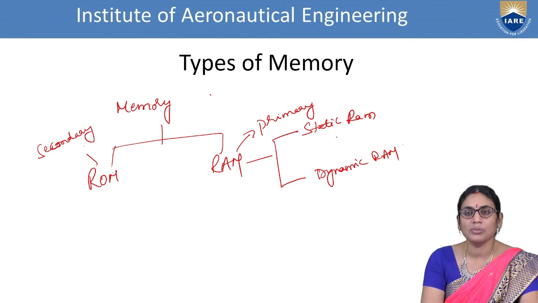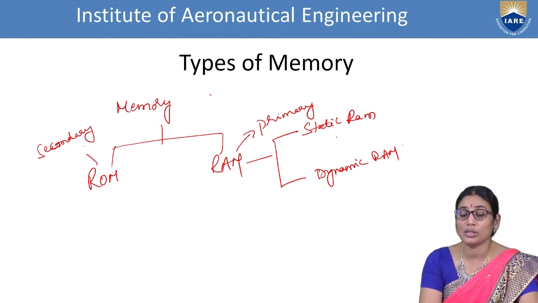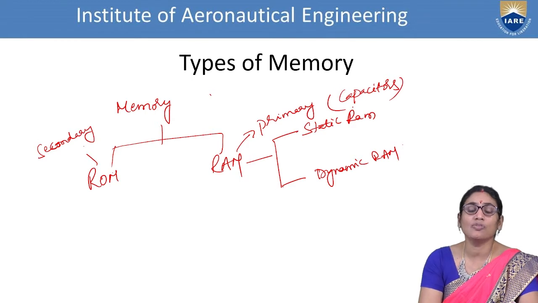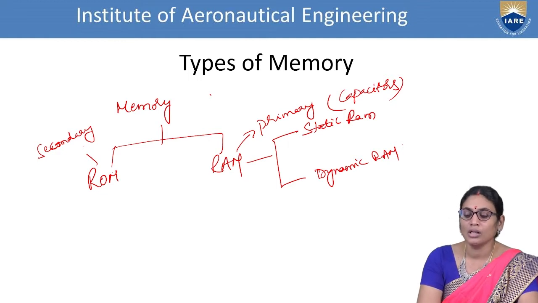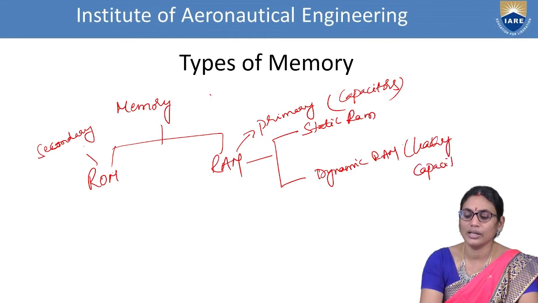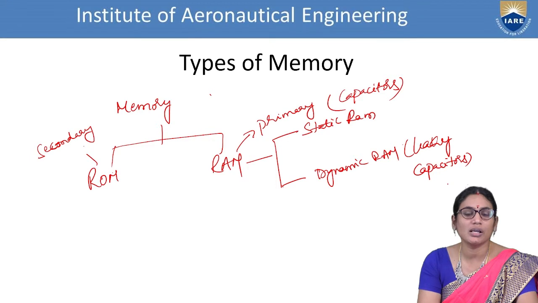So the general principle of RAM is to hold some amount of information. And this is happening because of the capacitors used in the RAM cell. Because of the design of a RAM using capacitors, the data will be lost once the power is lost, and it can hold only a small amount of information or for a small amount of time. Now, in the dynamic RAM, we use leaky capacitors to hold the data. So what happens because of leaky capacitors?